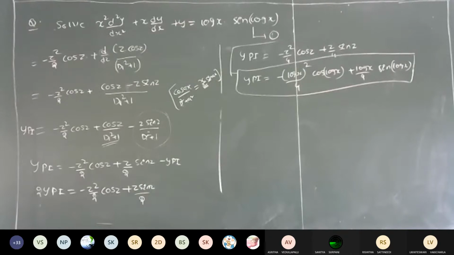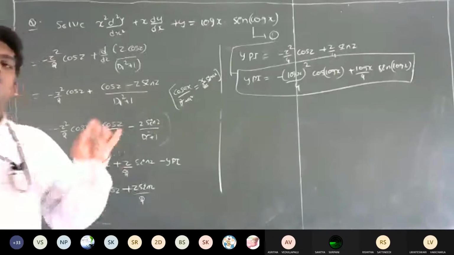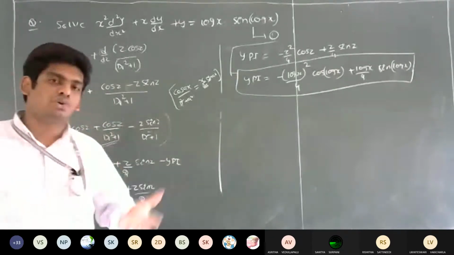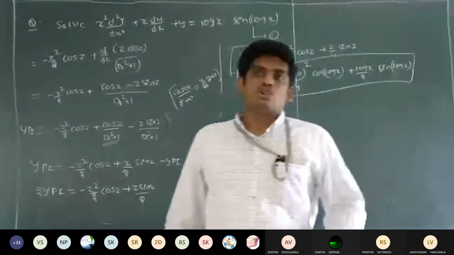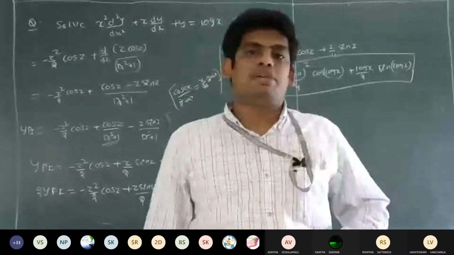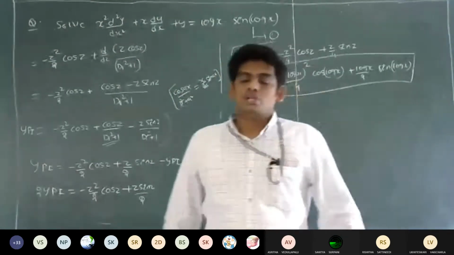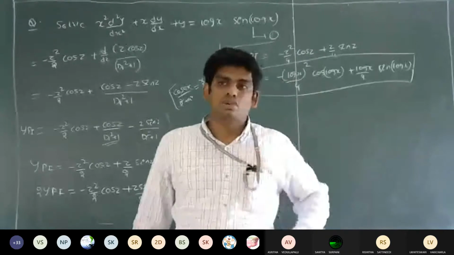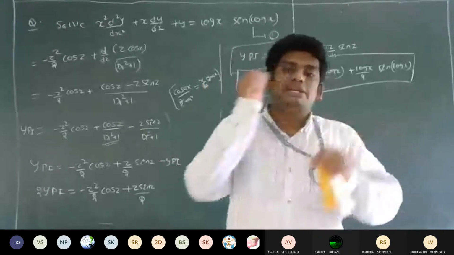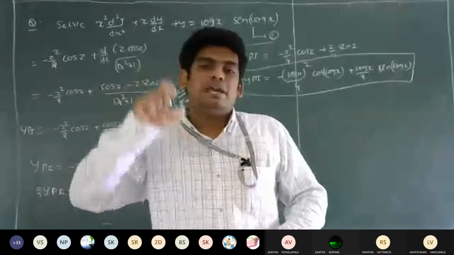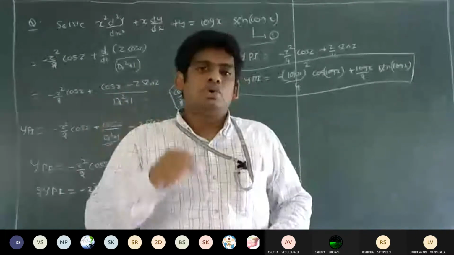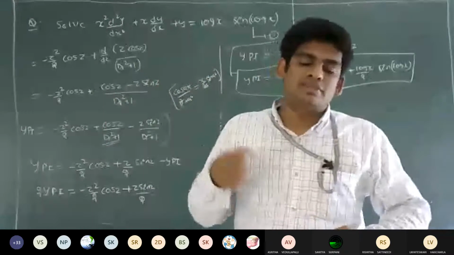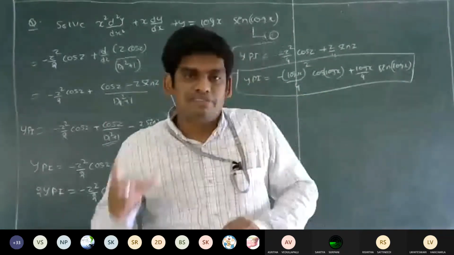This is a very simple one. But here what we are doing is first converting the homogeneous type differential equation into a linear differential equation type. That is the very important thing. For that conversion we take the transformation x is equal to e power z, so z is log x. We have to replace xD by D1, where D1 is a differential operator with respect to the transformed variable z. So x square D square is D1 into D1 minus 1.